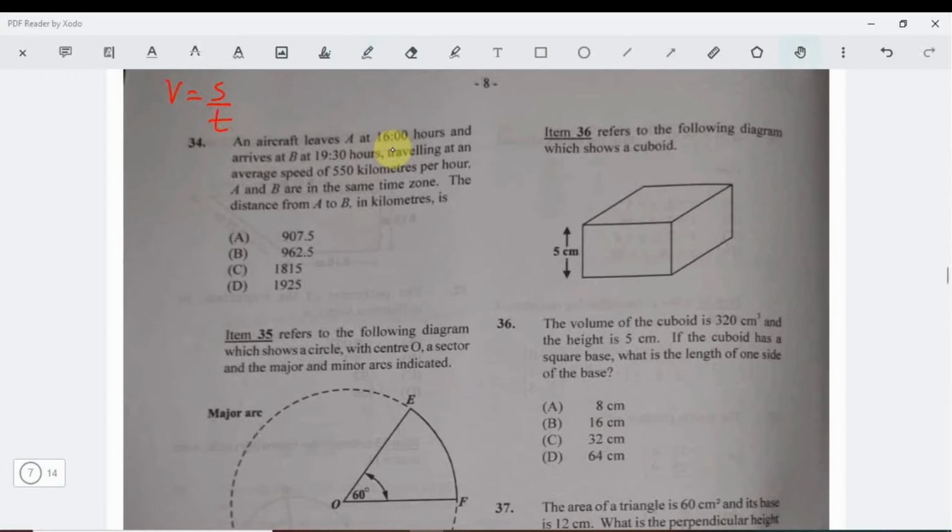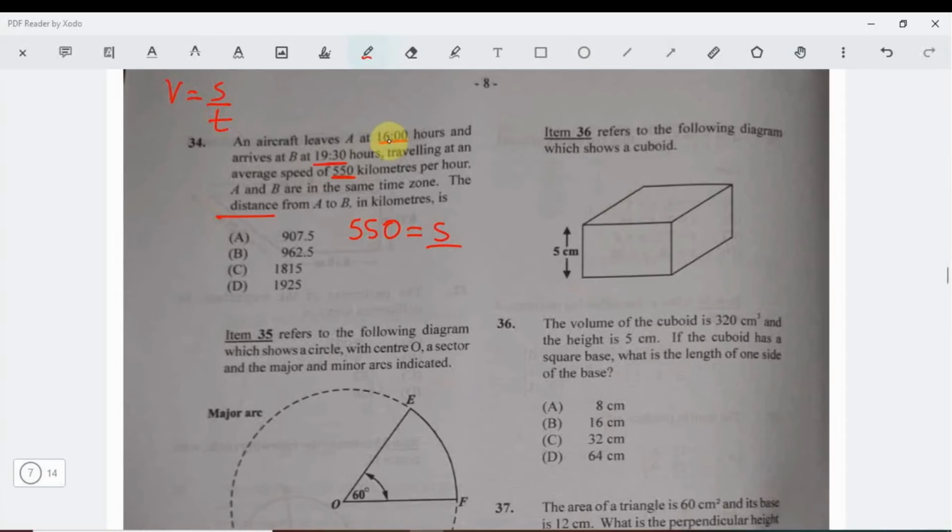Now, look at this right here. Which one did they give us? They give us the speed. The speed is 550, right? So they're telling us that the speed 550 is equal to the distance over time. What is the distance? We don't know. That's what we're trying to find, the distance. And they give us the time from 16 to